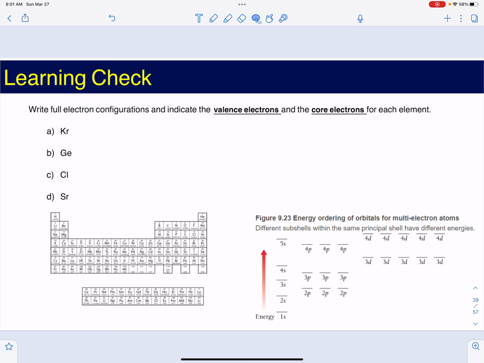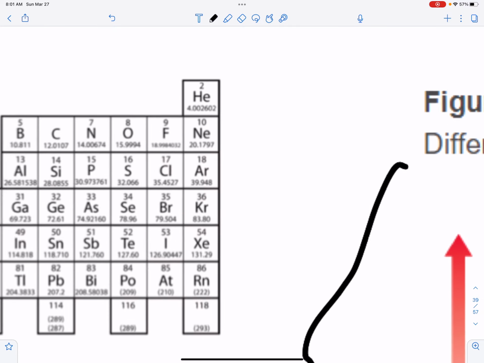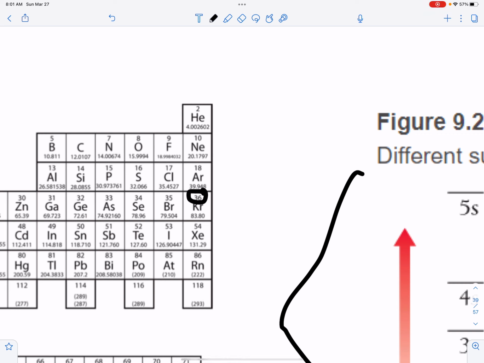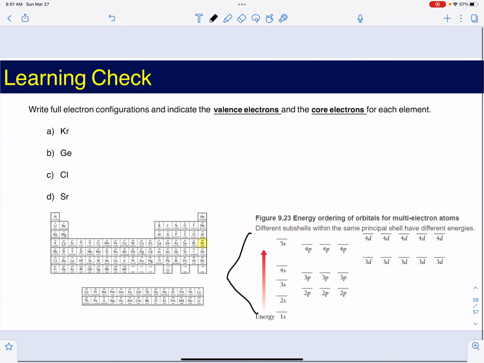So how do we write a full electron configuration? Let me show you first how we did it before, by using the diagram. And then I'm going to show you how to do it by using the periodic table. So let's begin with krypton. Krypton is number 36. So beginning with krypton, we know it's going to be